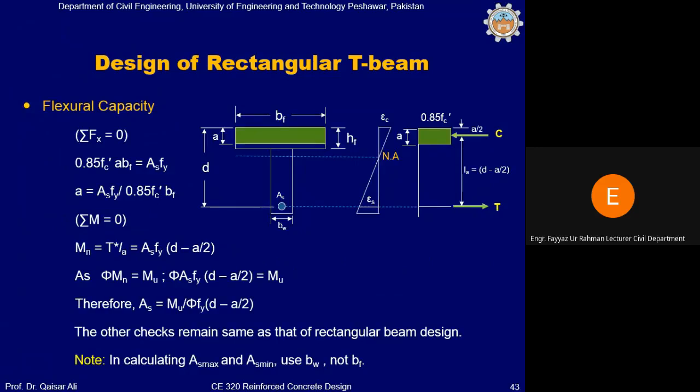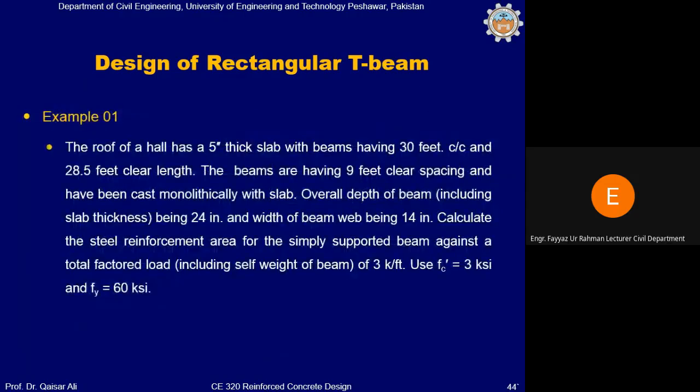अच्छा, फाइनली आपने इसकी फ्लेक्चर कैपेसिटी को कैलकुलेट करना है, जो फाइनल स्टेप है इसका। तो वही तरीका है कि आप एक्चुअल रिइंफोर्समेंट के बेस पर डेप्थ ऑफ कंप्रेशन ब्लॉक कैलकुलेट करेंगे, क्लियर, और फिर उसे ASFYD माइनस A/2 से आप फ्लेक्चर कैपेसिटी कैलकुलेट कर सकते हैं। क्लियर है ना? तो इस एग्जांपल को जरा सॉल्व करें, शाबाश।